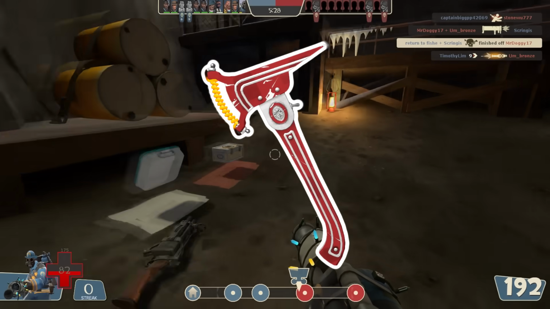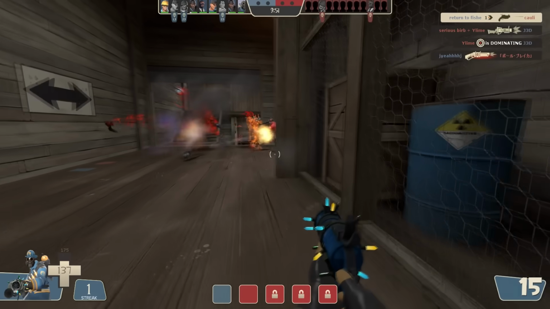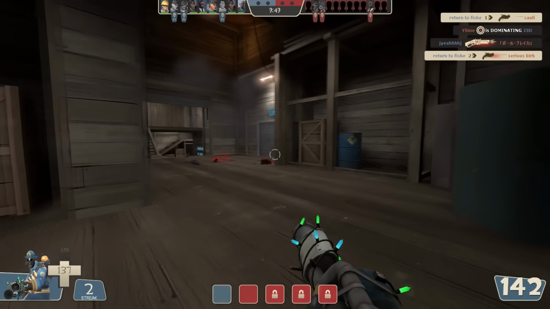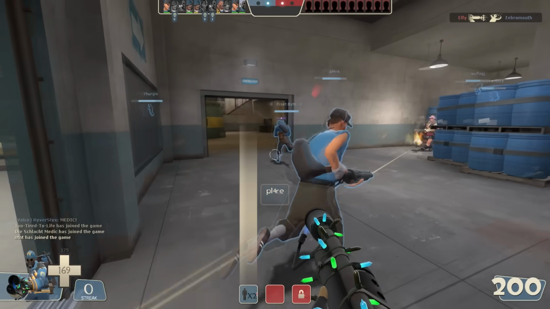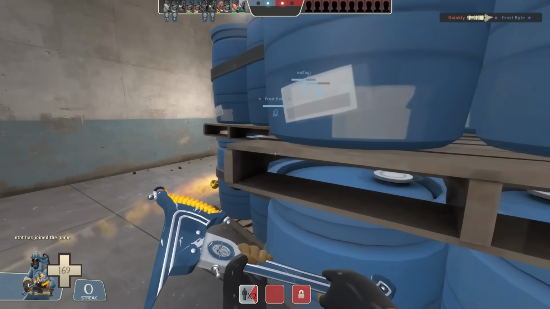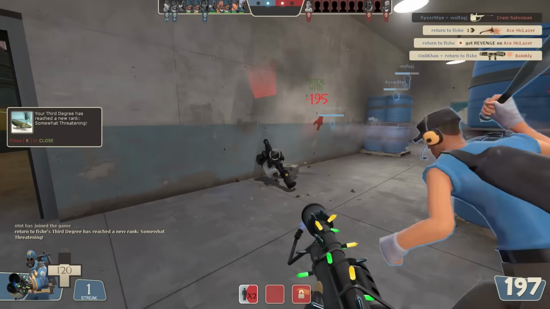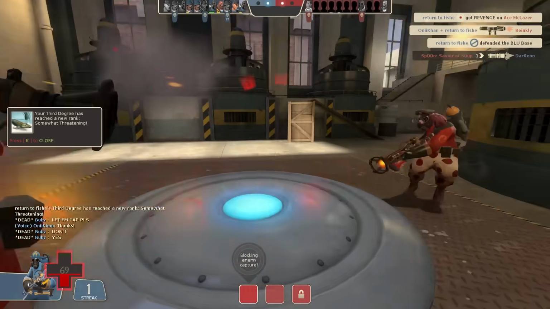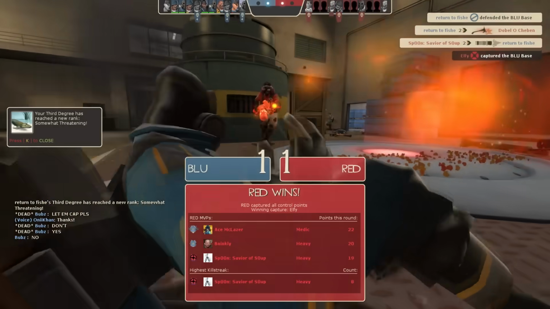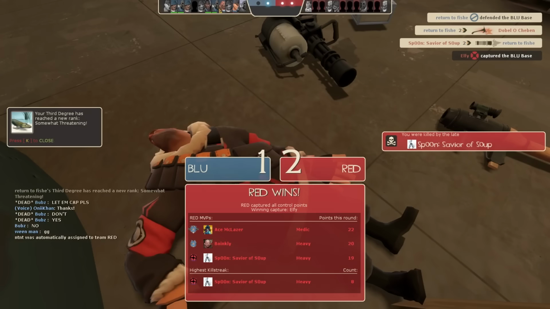It's a bit strange how that works, isn't it? There's no downsides to using the third degree, no damage vulnerability, no holster penalty, no slow swing speed, and yet there isn't much of a reason to ever use this thing. Why is that? Well, aside from the fact that it looks like it's made out of a peppermint candy cane more so than the actual candy cane,